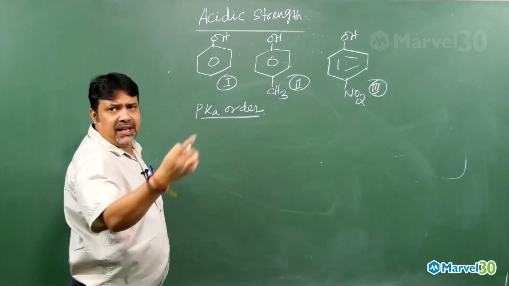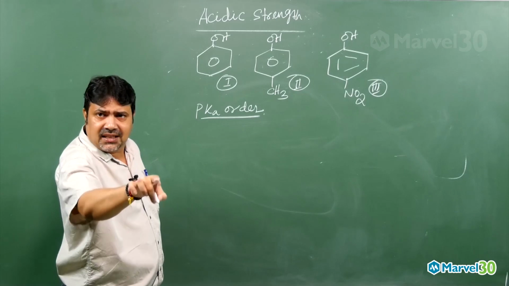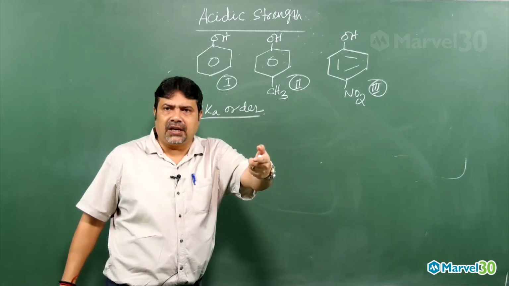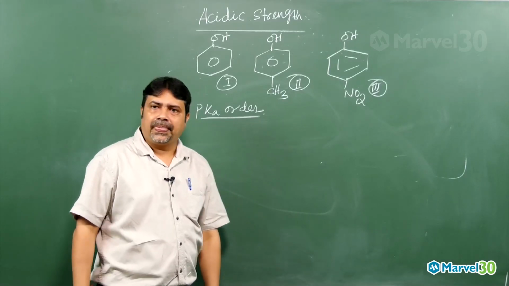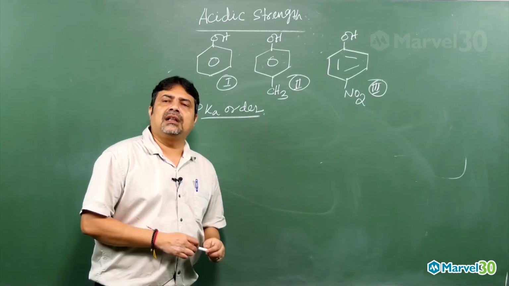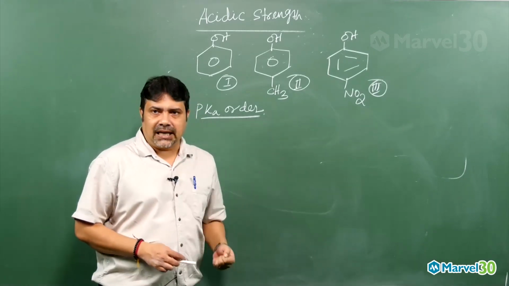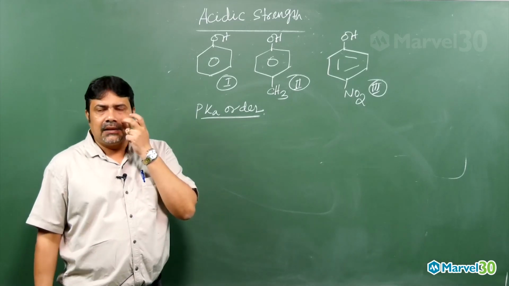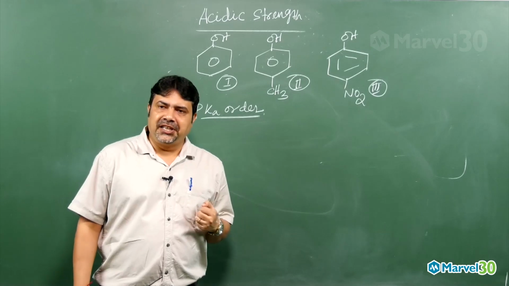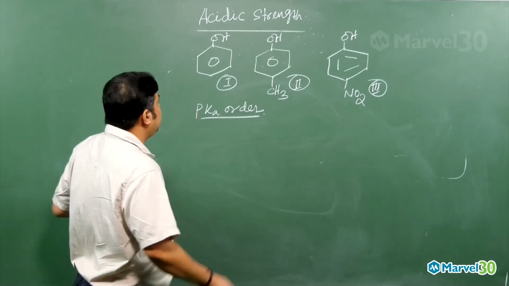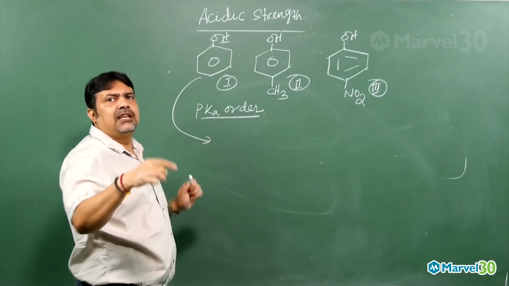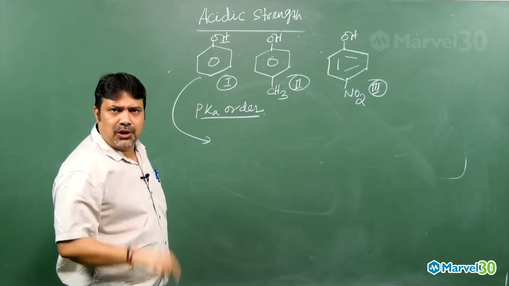The reverse of the acidity order, or the reverse of the Ka order, is nothing but the pK order. First we find the acidity order, then we make it reverse, and that is the pK order. Whenever this type of question is given, first you write down the conjugate base. I told you in the equilibrium chapter that the conjugate base is a very important concept to explain the acidity of an organic acid. The substance which can give up H plus faster will have stronger acidity.